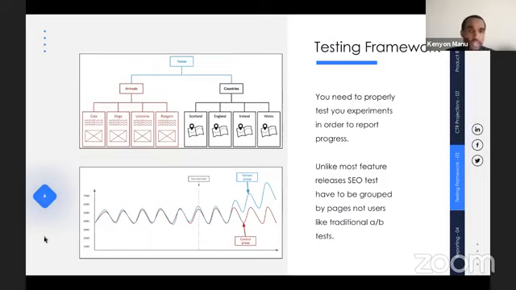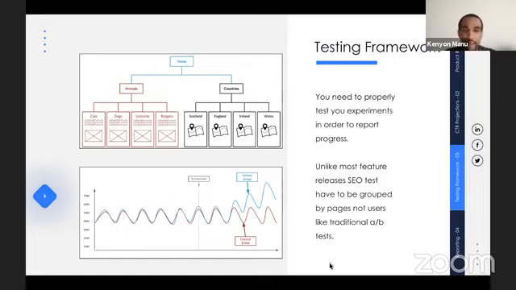One of the ways that SEO is different is you cannot do a traditional site test where you split your control and your variant group by users. The reason you can't do that is because you can't force all of Googlebot into one test or control group. So what will happen is Googlebot will see the changes that you applied to your animals page, like in the example below, but it won't see the changes